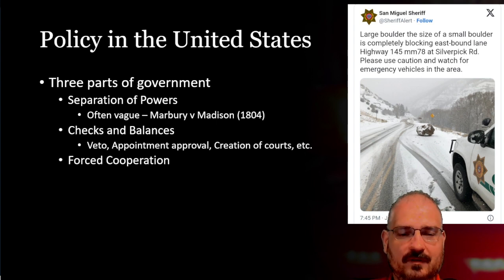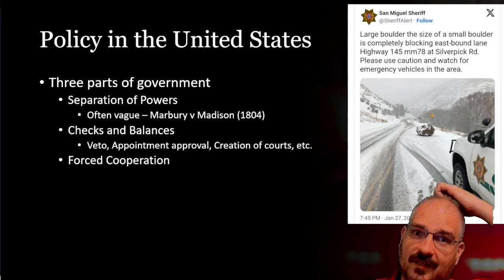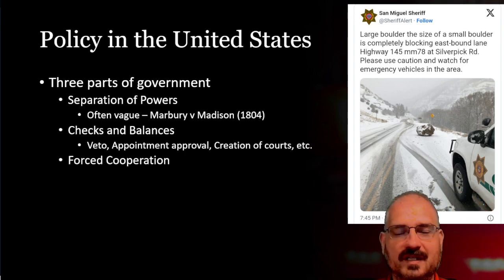And important with this kind of separation into the three different sections of government is the idea of checks and balances. The founding fathers didn't want any one of the three to get too powerful, to be able to do too much, because again, they had just fought a revolution against the King of England, who had been able to do pretty much whatever he liked with that country. So they wanted to create this kind of decentralized seats of power, right? So each one of those three groups has some form of power or control over the other two.